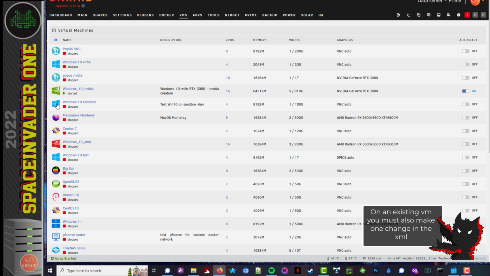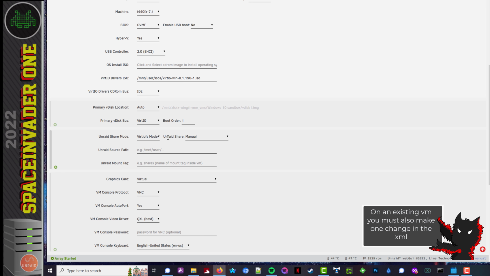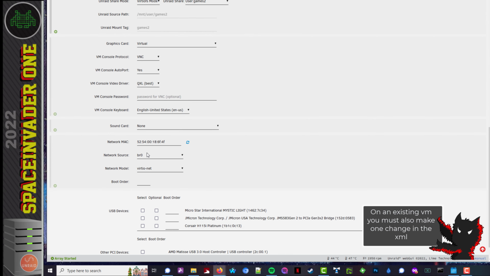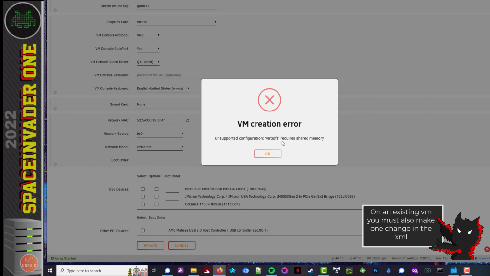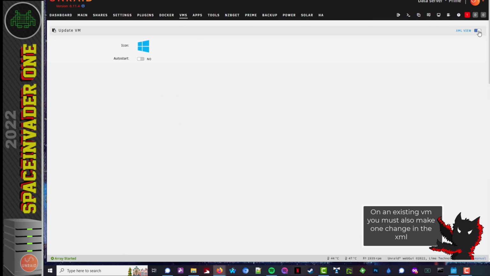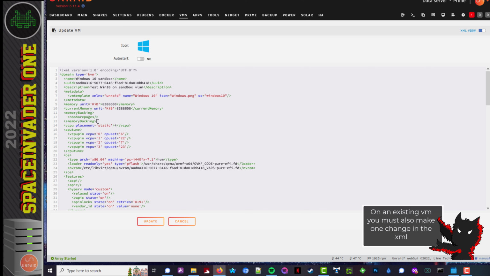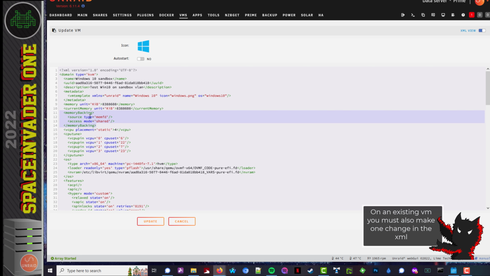Now it's slightly different if you've got an existing VM. With an existing VM, if I open the template here, scroll down and do the same, adding that same location as a VirtIO FS target, when I click on update, I'm going to get an error. We're told here that VirtIO FS requires shared memory. So just click OK, scroll back up here, go across from form view to XML view, and we're looking for line 11 to 13 here, where we see the memory backing. Delete that out and paste this here, which I'll put in the description of this video,